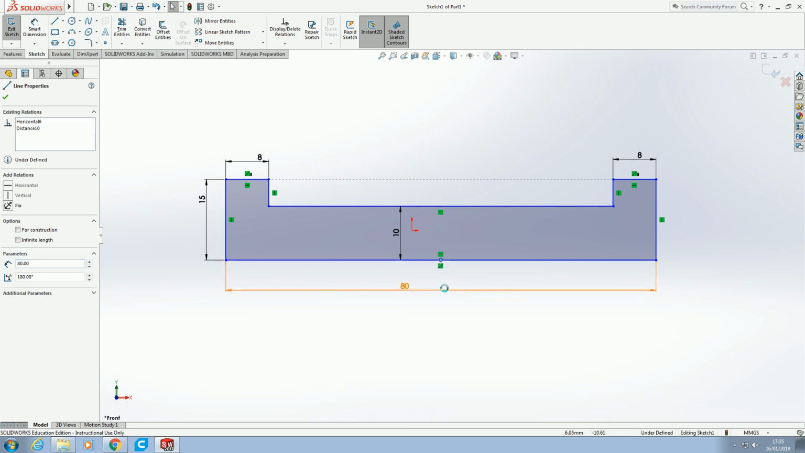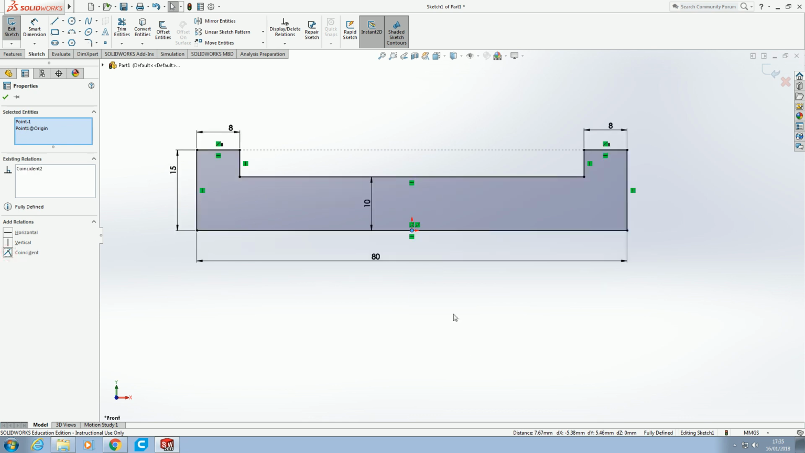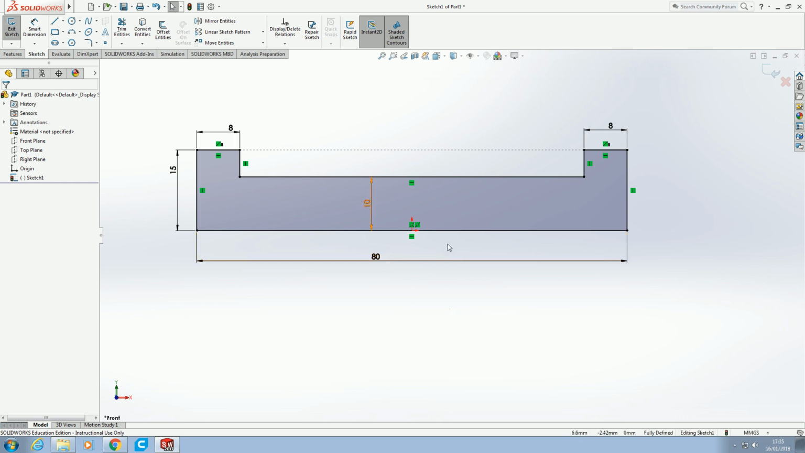So if we select our midpoint, hold Control down on the keyboard again, and then click on the origin point. Again, it's selected both, we've got origin and we've got point 1, and then if we make those coincident, it means that they lock together, and then straight away it's locked up and become fully defined. Perfect. Hit our end sketch button as usual,